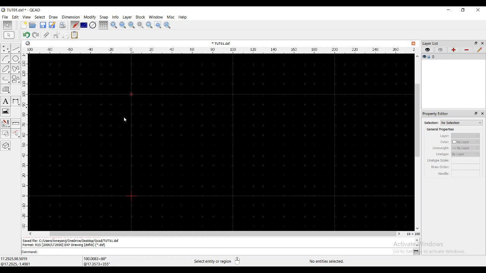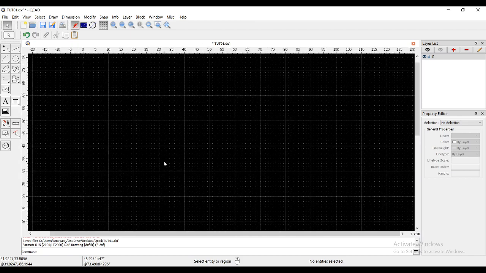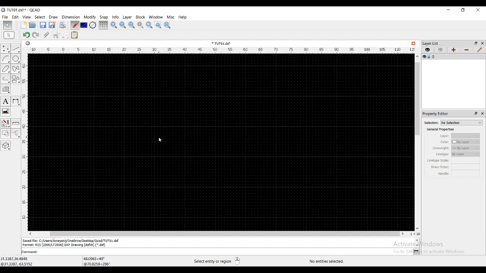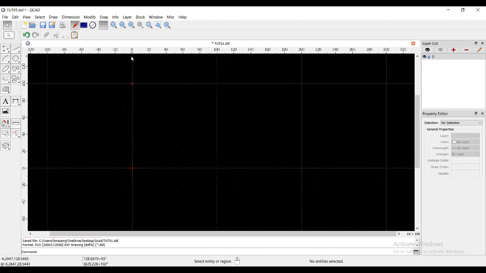In the graphic area, I want to discuss something more. You will find the ruler at the top and the side. This is basically a grid system which the area is following. If you zoom in by just a scroll, because of the automatic grid, right now I am going between 0 to 10 intervals. If I zoom out a little bit, I can see 0 to 100 interval. So you can take a reference from this graphics area.